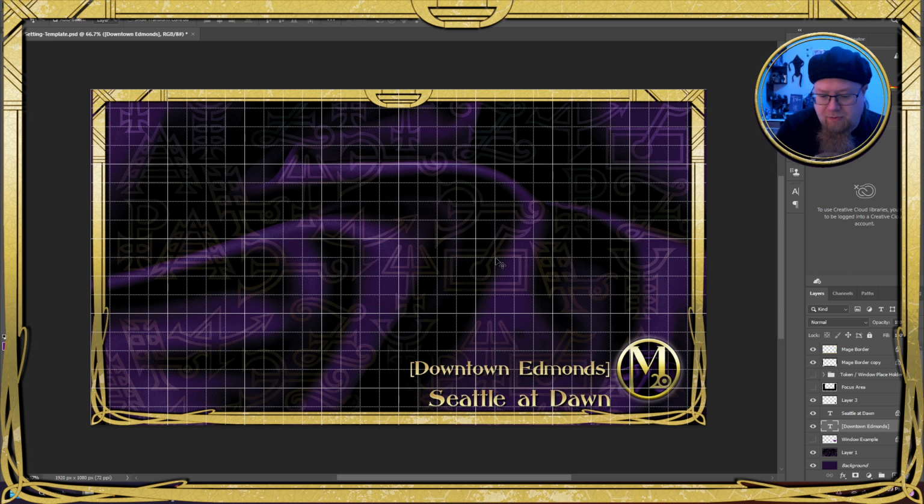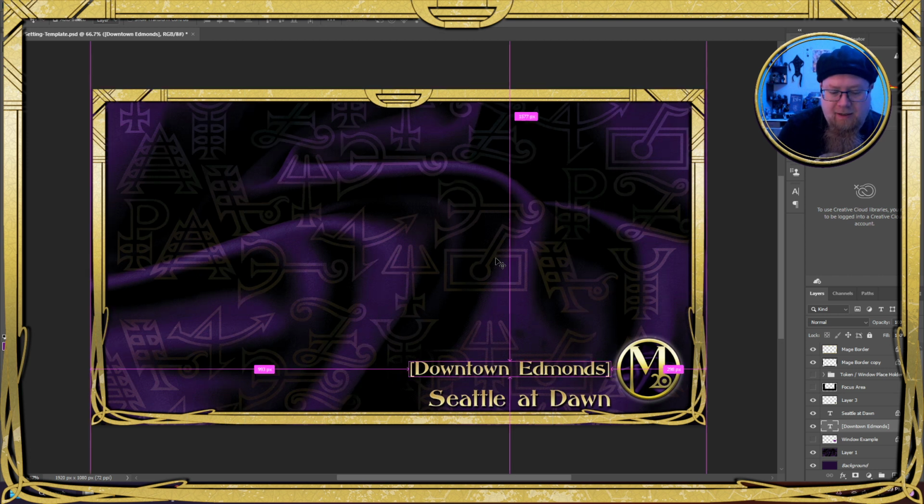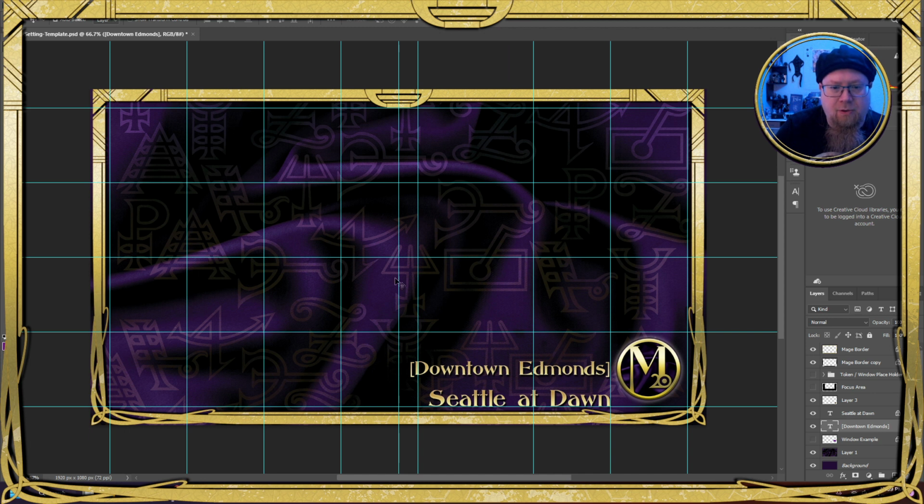I do know that if I were to move my tokens around, I've got these spaces here. I've got one here, one here, one here, one here. I could put in up to seven player windows in this space, in this L-shaped space here.